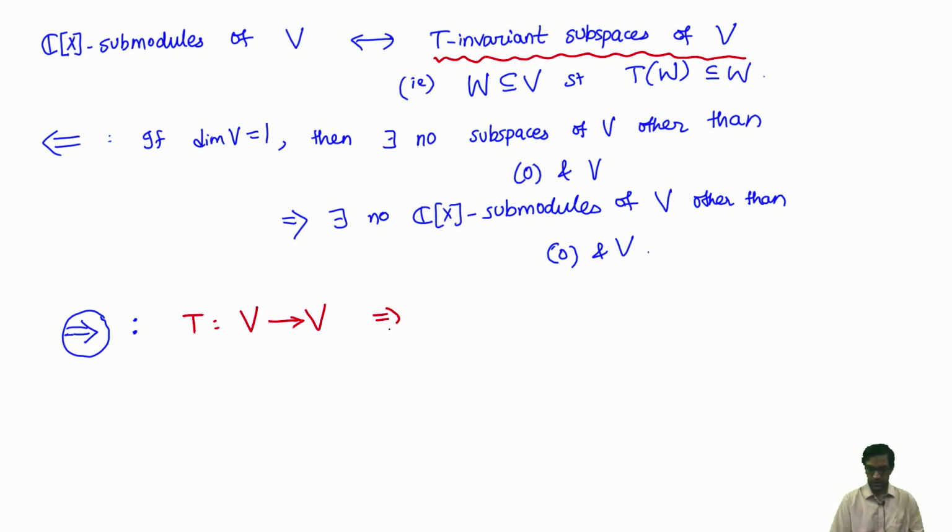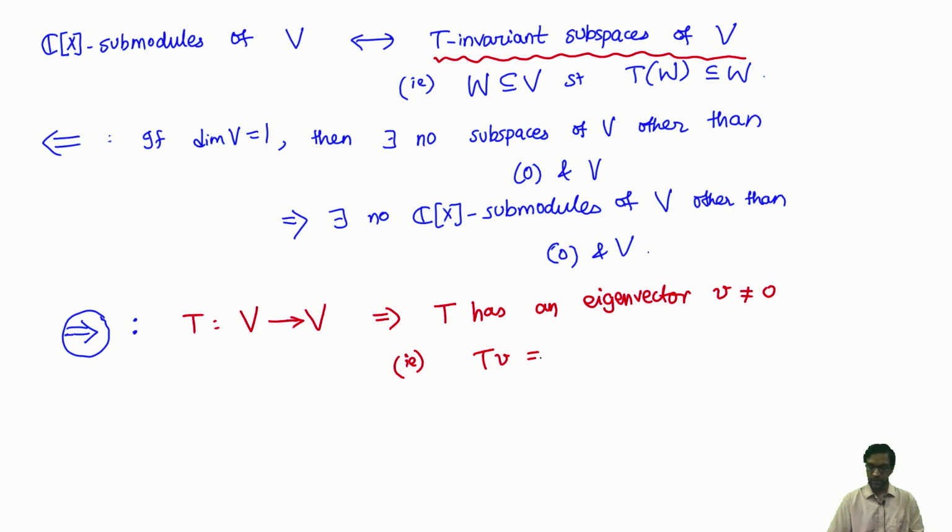Then here's one thing I know: it always has an eigenvector. This just implies that T always has an eigenvalue and an eigenvector. At least one eigenvector is guaranteed to exist. Recall this fact from linear algebra. Now, what does that mean? Let's give that eigenvector a name. Let's call it v. So v is some non-zero vector.